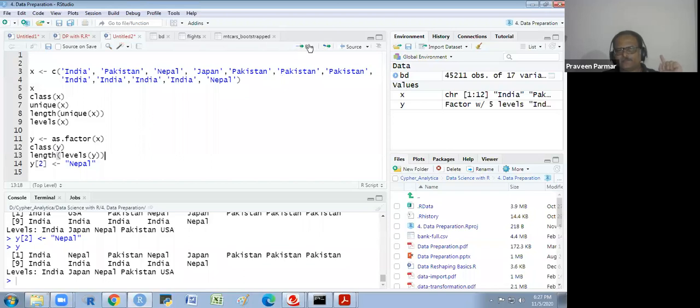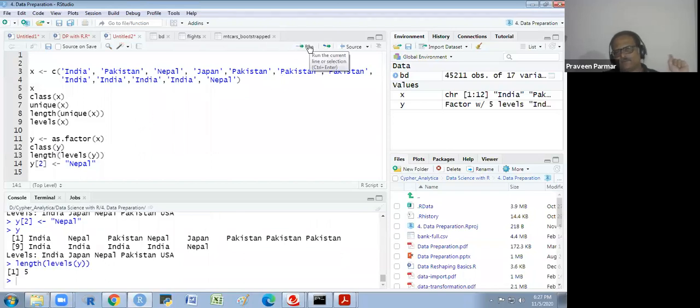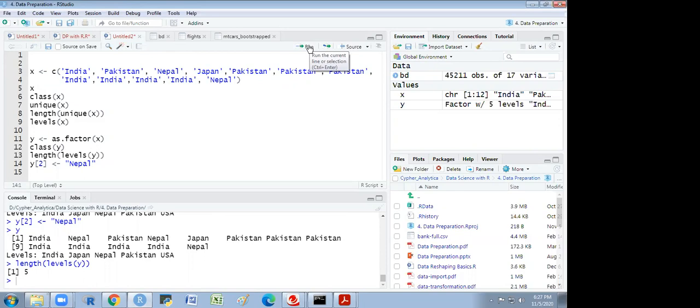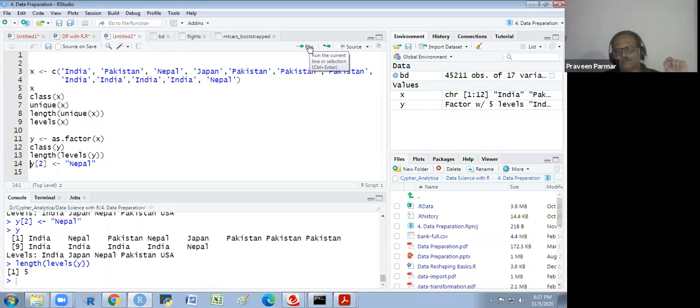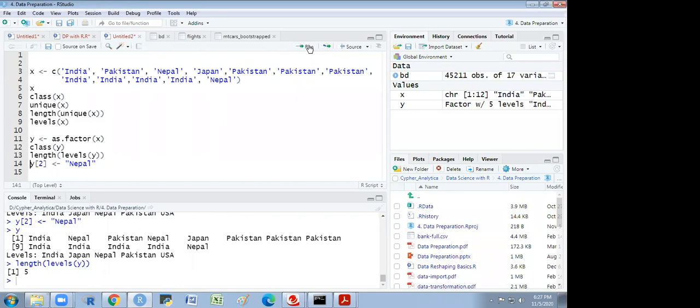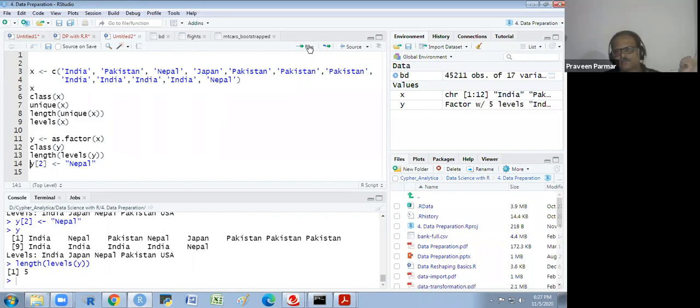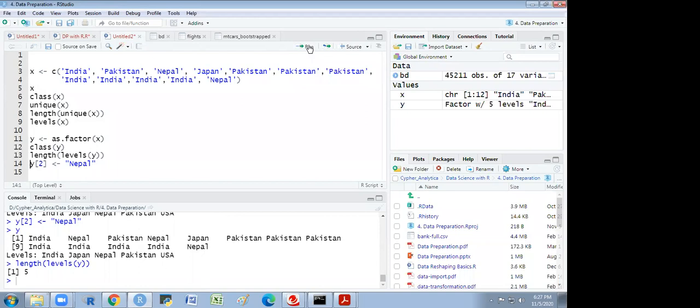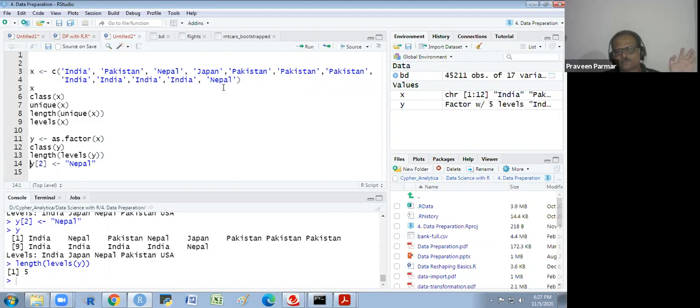Now we see the levels in Y. How many levels? You see the levels are only 4, not 5, because USA is not there. But why is it showing 5? Levels will not change. If I show you the levels, it will show USA also in the levels.